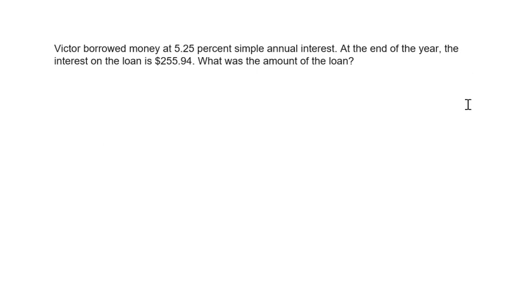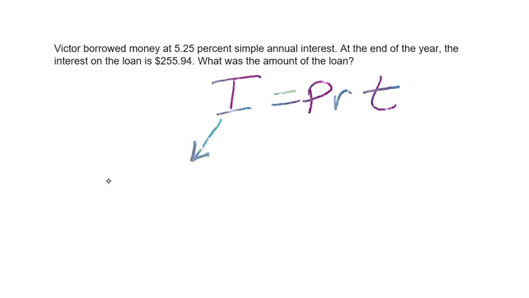And then one more example, Victor borrowed money at 5.25% simple annual interest. So simple annual interest means we're going to end up using our formula. We can always rely on this formula with these questions. At the end of the year, the interest on the loan. So here they're giving me the interest on the loan, 255.94